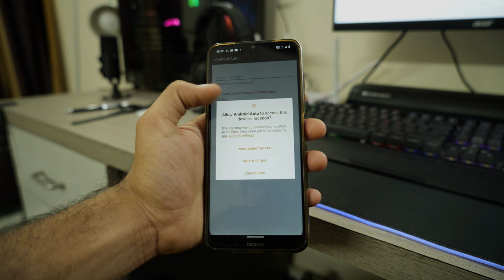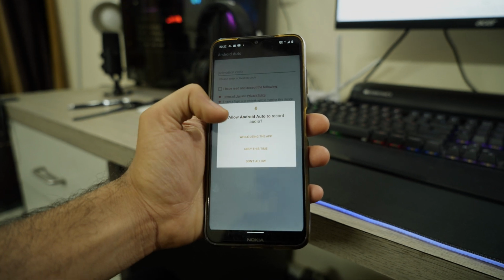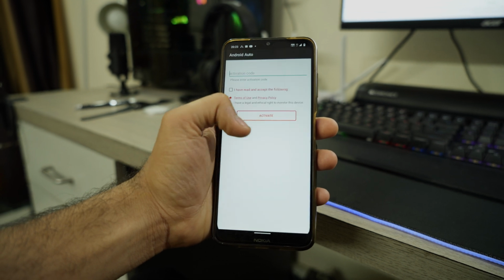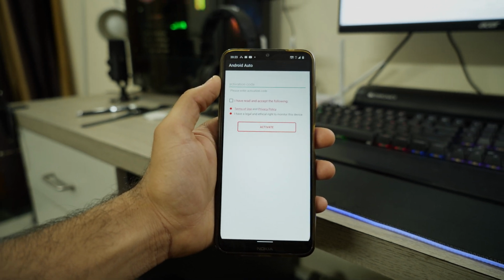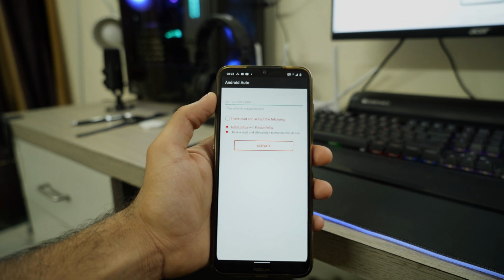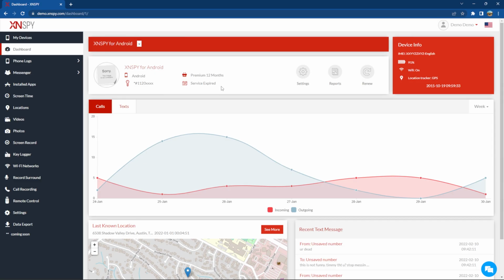After the app has installed, you will have to open it and give some permissions. Then you will have to enter the activation code that you had received on your registered email, and then you will need to give access to the app before it can start monitoring. Once you have given the access and the app has been set up, you will have to go to the